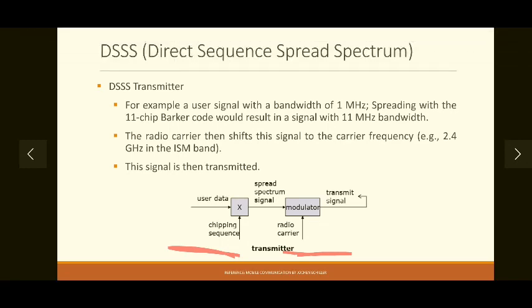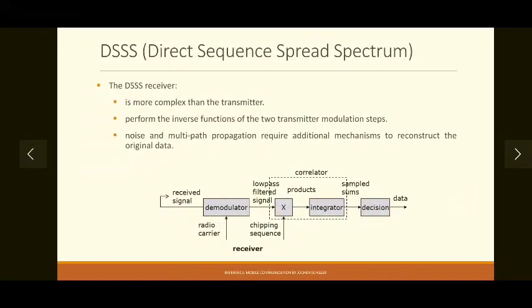So the transmitter is a simple one. Now let's go to the reception. Reception is slightly complex compared to the transmission. Now one key part here: the chipping sequence used at the transmitter level must be known to the receiver also. If the receiver does not know the chipping sequence used by the transmitter, then the receiver will not be able to receive or detect the transmitted signal. Now let's see the receiver. Receiving is exactly the inverse procedure of the transmission. The blocks involved in this are also in the reverse order.